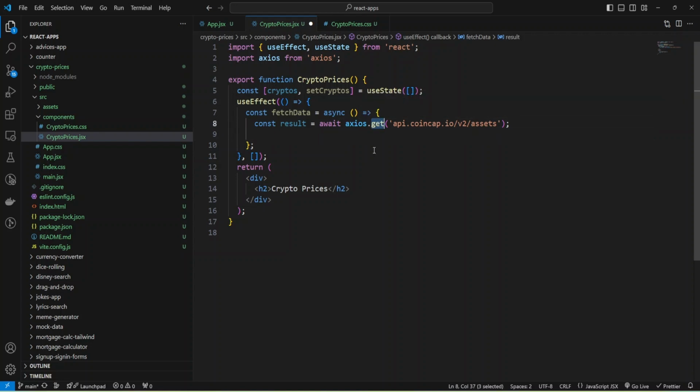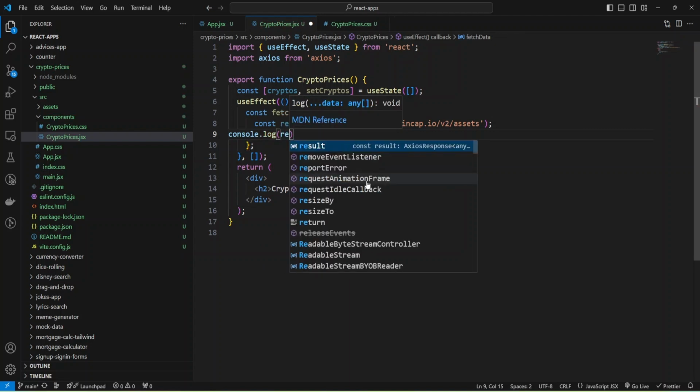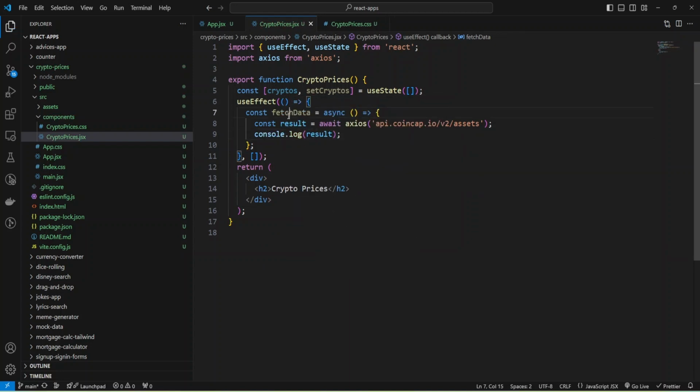And actually we can remove this get because Axios by default will call the get method. And let's provide the result to console.log. And now we need to call our function inside the useEffect hook.